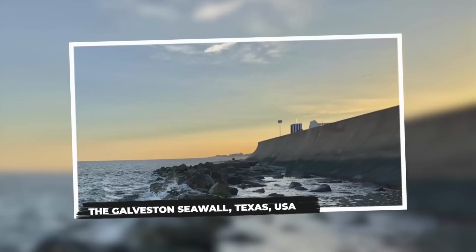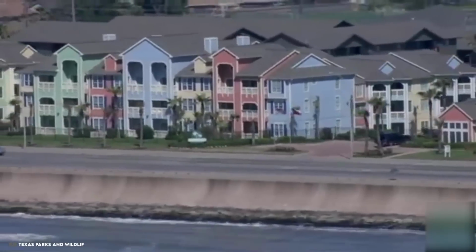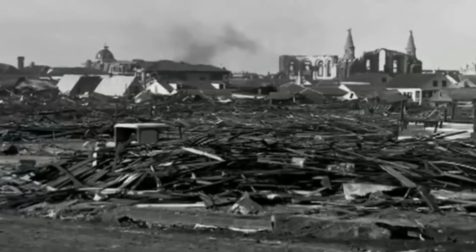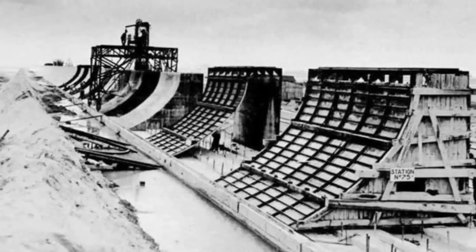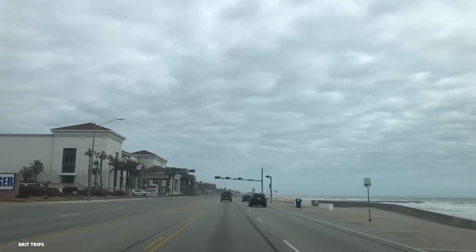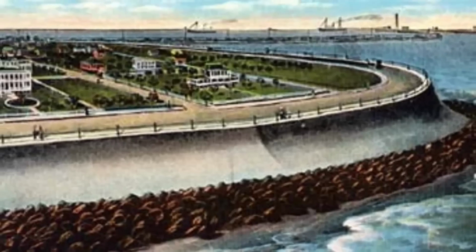The Galveston Seawall, Texas, USA. The Galveston Seawall in Texas was born from tragedy. In response to the devastating 1900 Galveston hurricane, one of the deadliest natural disasters in U.S. history, construction began in 1902. Initially spanning 3 miles along the Gulf Coast, the seawall was designed to shield Galveston Island from the destructive force